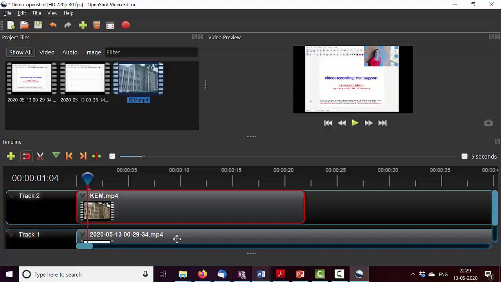Okay, now my track 1 video is showing. Track 2 video is also showing in one corner. Notice that the track 1 portion is being covered by track 2. So you should definitely ensure that nothing of importance is in this corner, because track 2 is going to cover that portion. Now again, let's play and see how it is going to look.